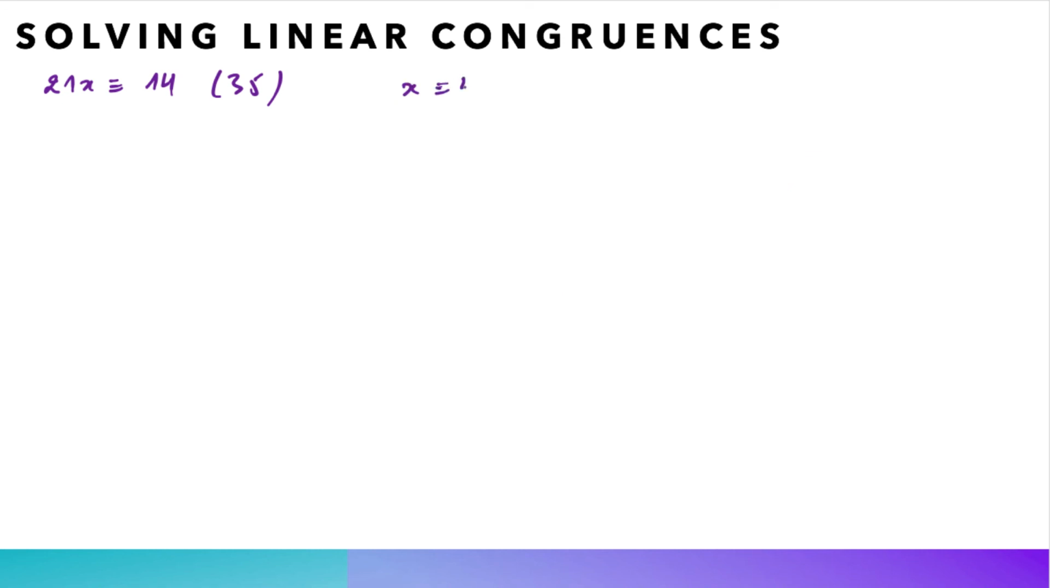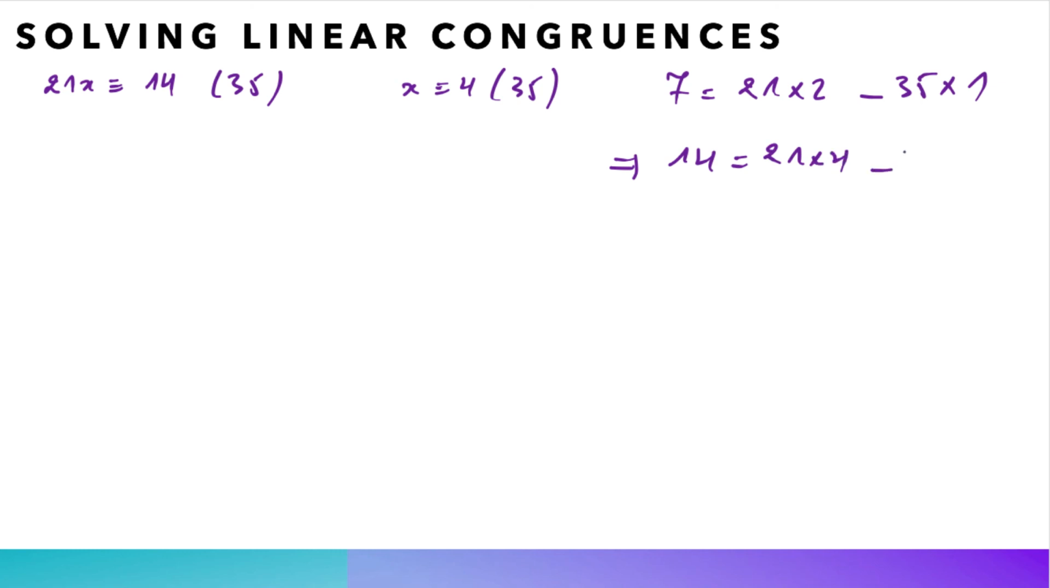Actually, x congruent to 4 modulo 35 is not the only solution to our equation here, and there are exactly 7 solutions to this, which is the GCD of 21 and 35. To find the other solutions modulo 35, let us get back to the equality 7 is equal to 21 times 2 minus 35 times 1. This yields that 14 is equal to 21 times 4 minus 35 times 2 by multiplying both sides by 2, from which one can see that (4, -2) is a solution to the equation 14 is equal to 21x plus 35y,